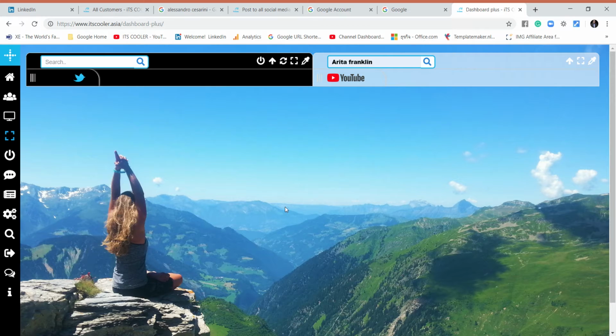We have created this video to show you how to use the many features within the It's Cooler Plus dashboard. The first part of It's Cooler Plus, once you have signed into your dashboard, you will find YouTube running along the entire dashboard screen. Here you will be able to select your favorite YouTube video within this section here and